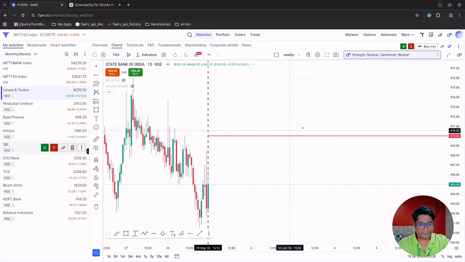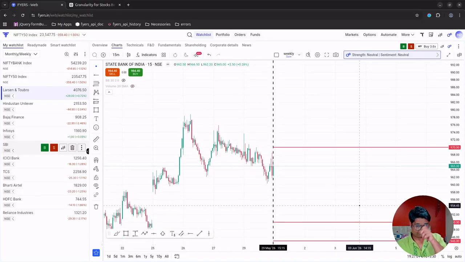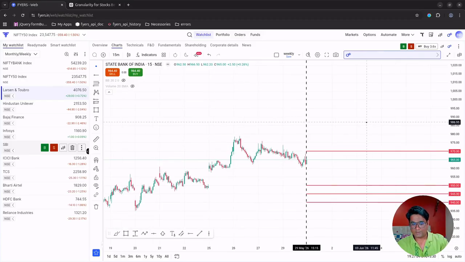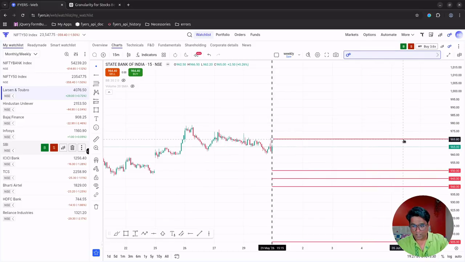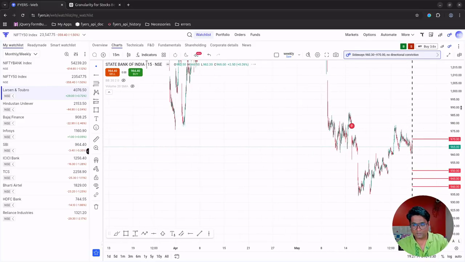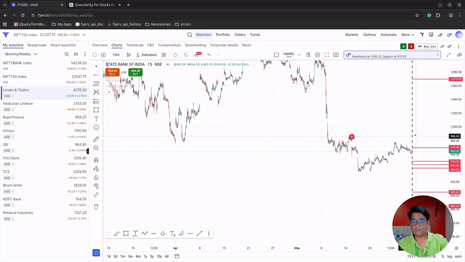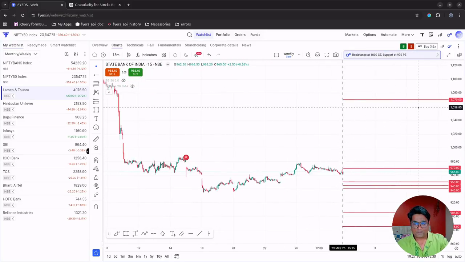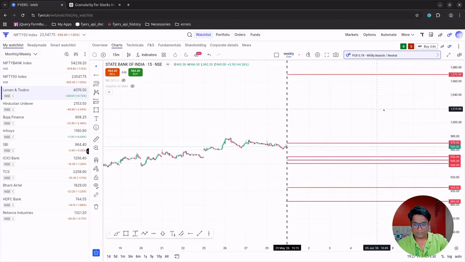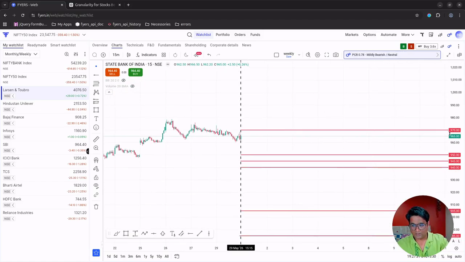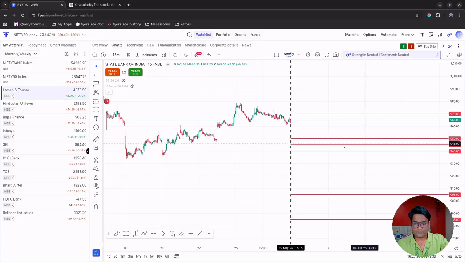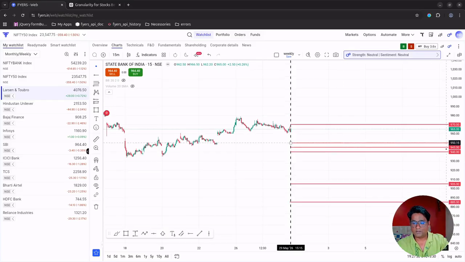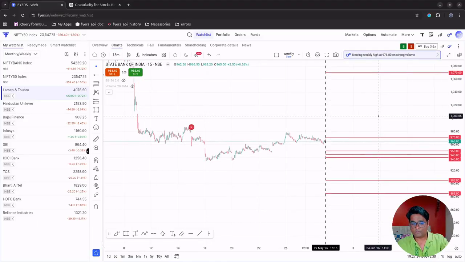Let's go and get for SBI. So yes, these are the levels for SBI. We don't have levels above this because SBI is, I think, yes. See, we have level for this directly 1070, and levels below are 970, 950, 945, 940, 905, and 885. So this is for SBI. You can just take a screenshot of this.